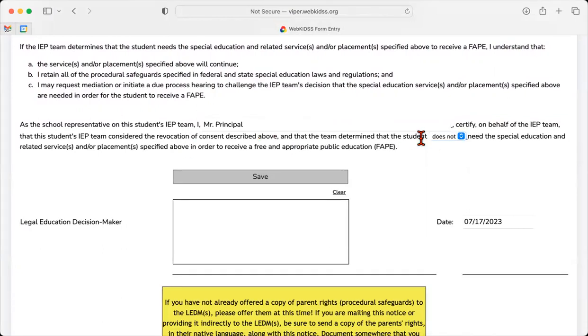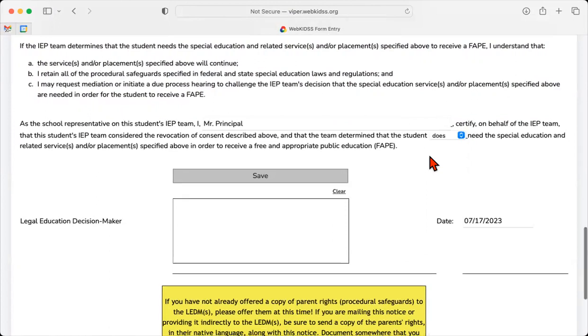This is going to set the tone for what the next step is. If the parent is going to be looking at mediation for a disagreement, or if the administration says, yes, in fact, this is not going to affect FAPE and we're going to leave it here. So those are things that are included on a partial revocation that you don't see on a